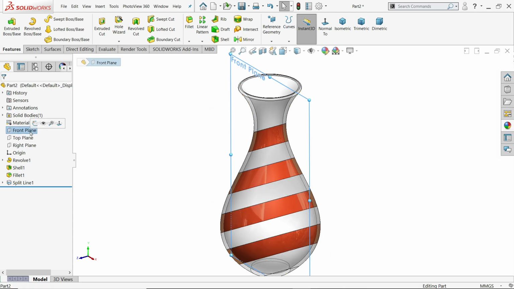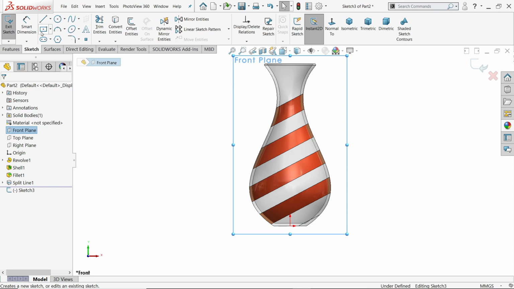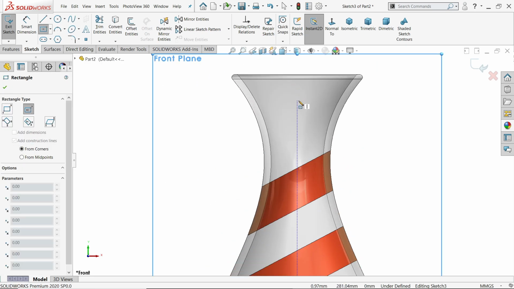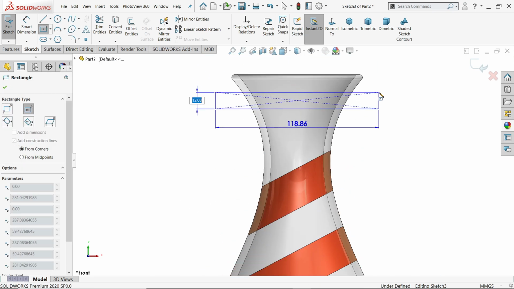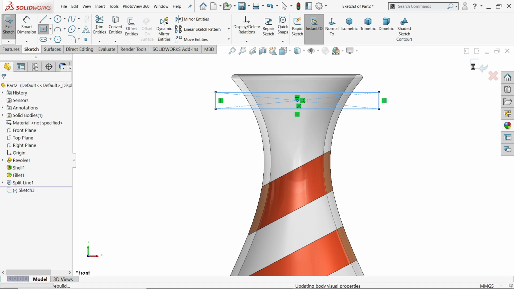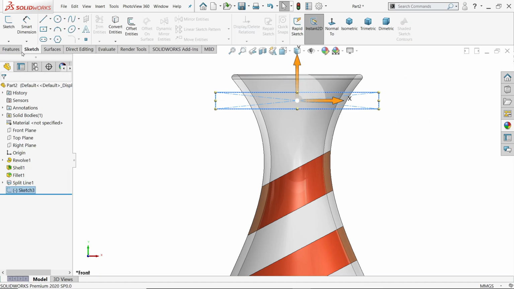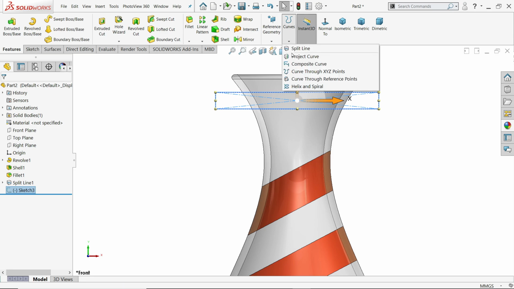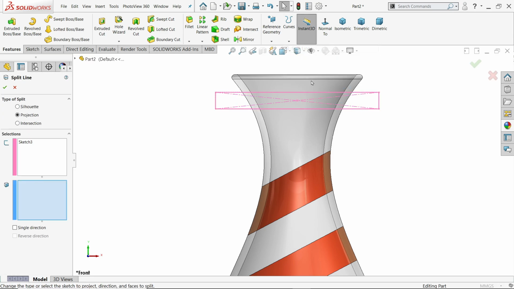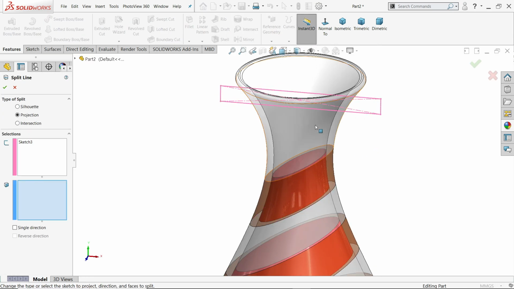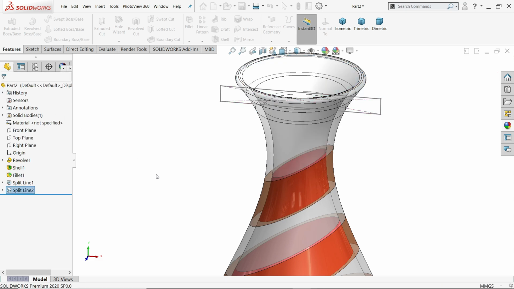Even though, let's apply some more. Activate center rectangle, exit. Now go to feature, split line. Now here I am going to choose outside and inside. See, sketch selected, projection, say yes.